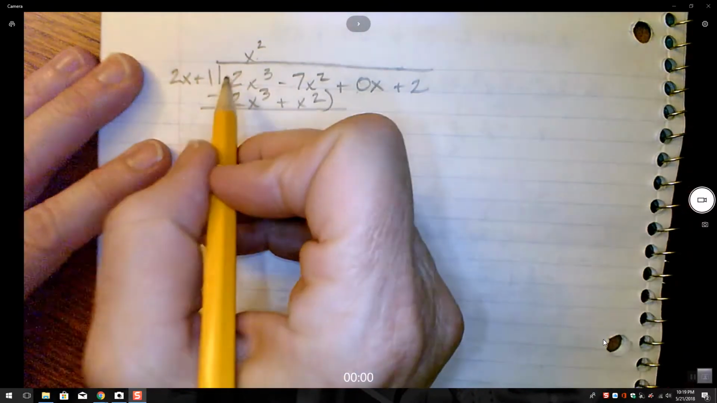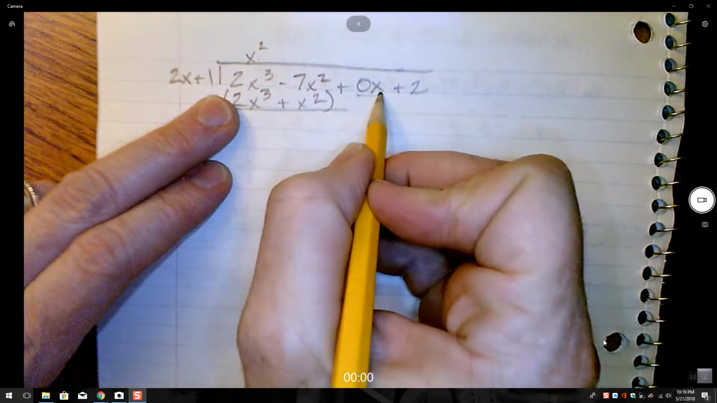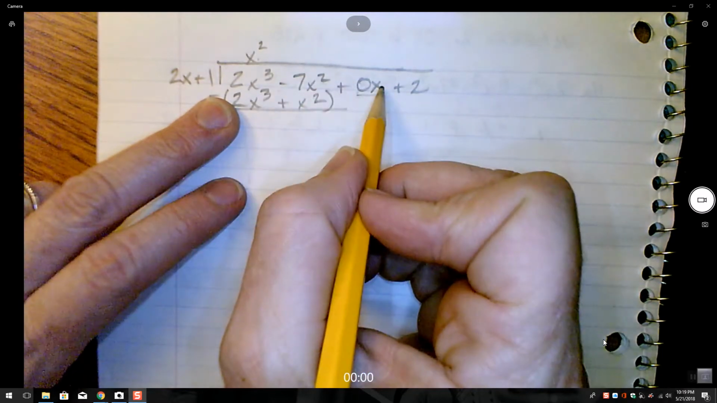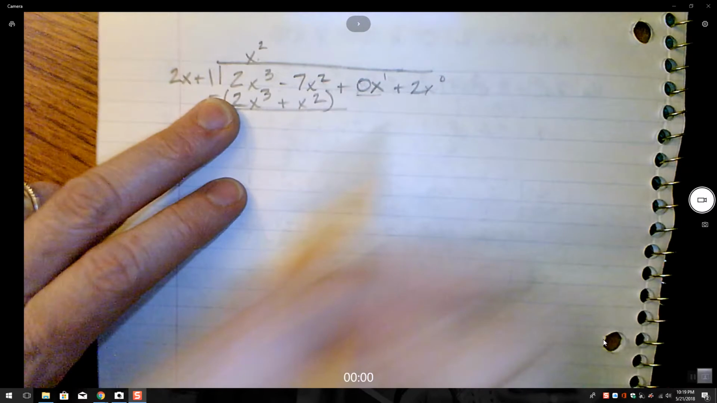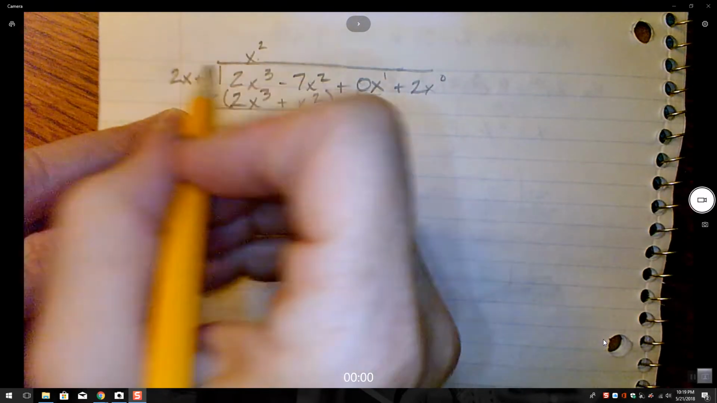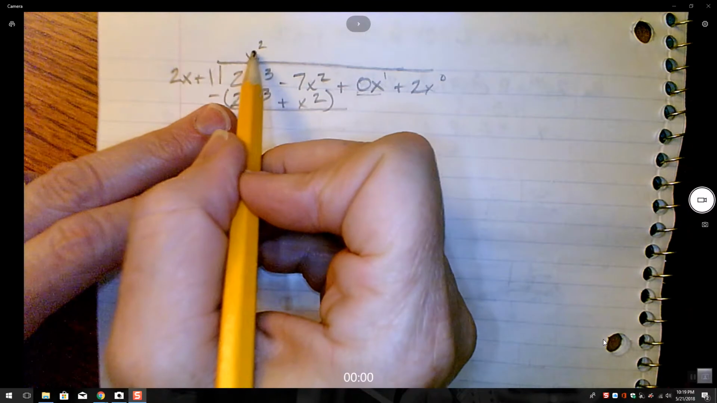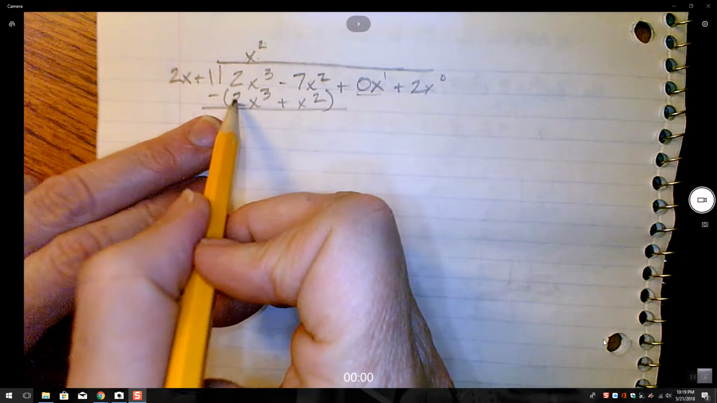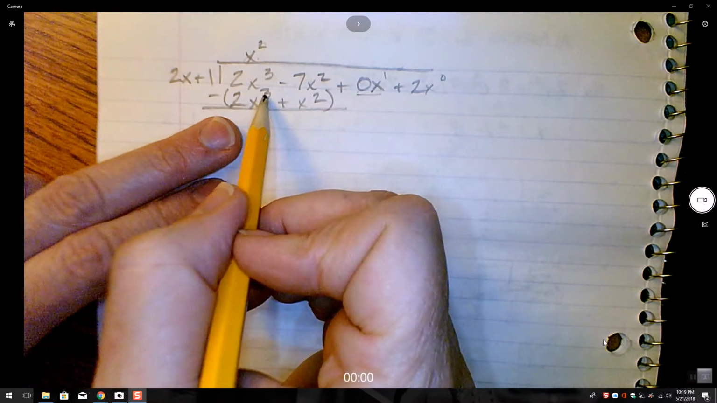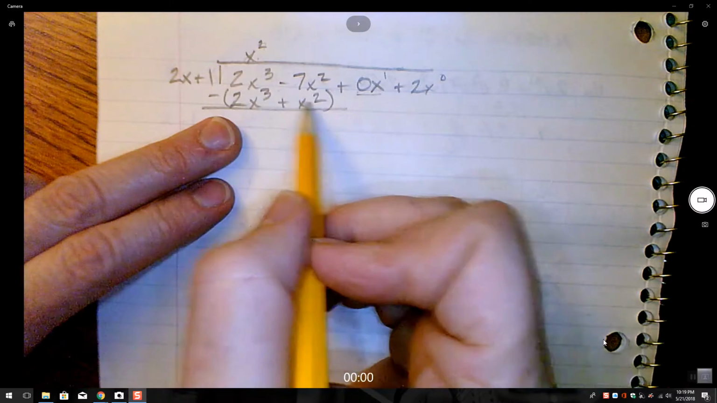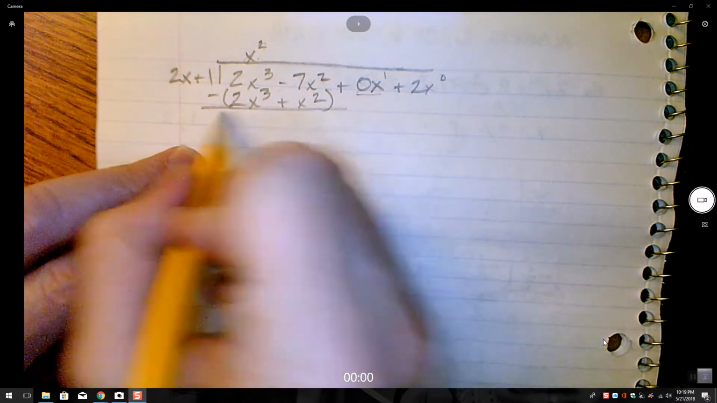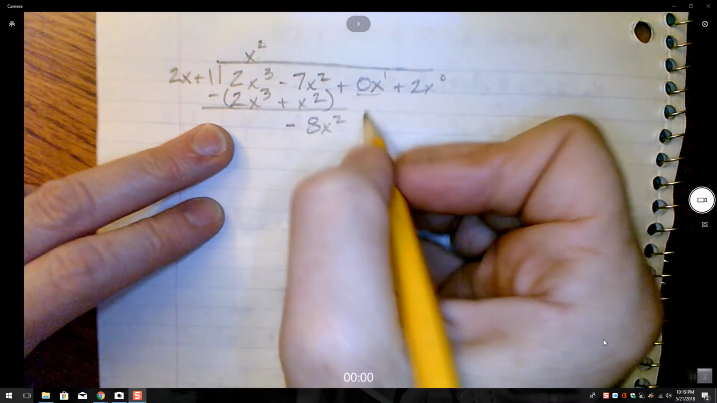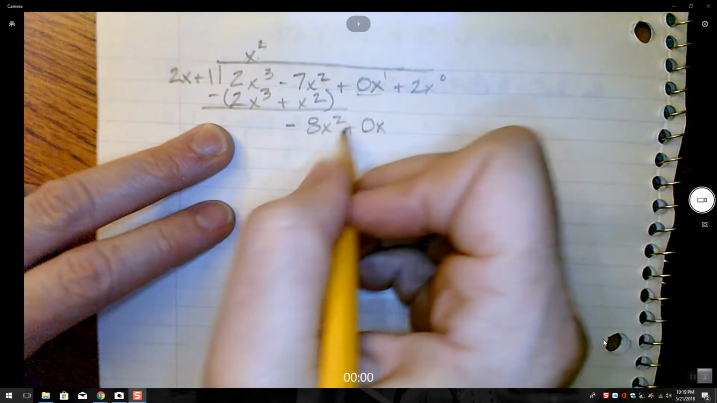I took the trinomial and added a 0x to it because I needed an x to the third, an x to the second, an x to the first, and an x to the 0th to really do this properly. I'm going to put an x squared up here, and x squared times 2x is going to give me the 2x to the third that I was looking for. X squared times 1 is x squared. Subtracting that, I'm going to get negative 8x squared, and I'm going to bring down my 0x. Now I'm going to